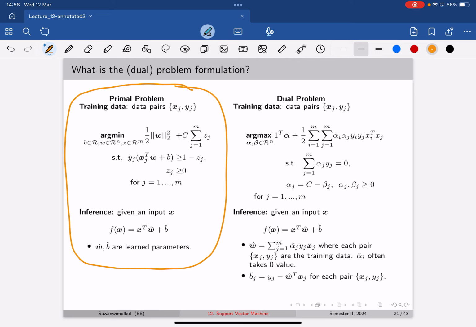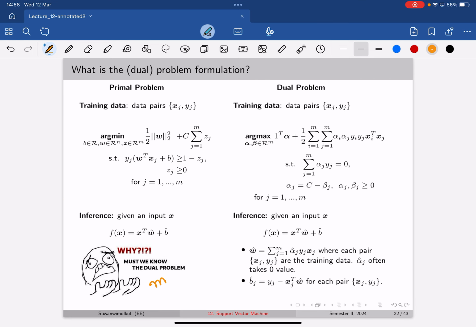We can turn this problem into another equivalent problem. That's what we call the dual. The dual is an optimization trick to change your optimization problem into something that is easier to solve, or that enables different features. Actually, for SVM, when you convert it into a dual problem,